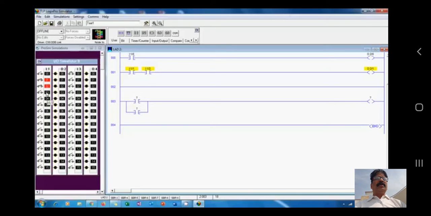Again we will give the addresses to these switches. I:1/3 and I:1/4.